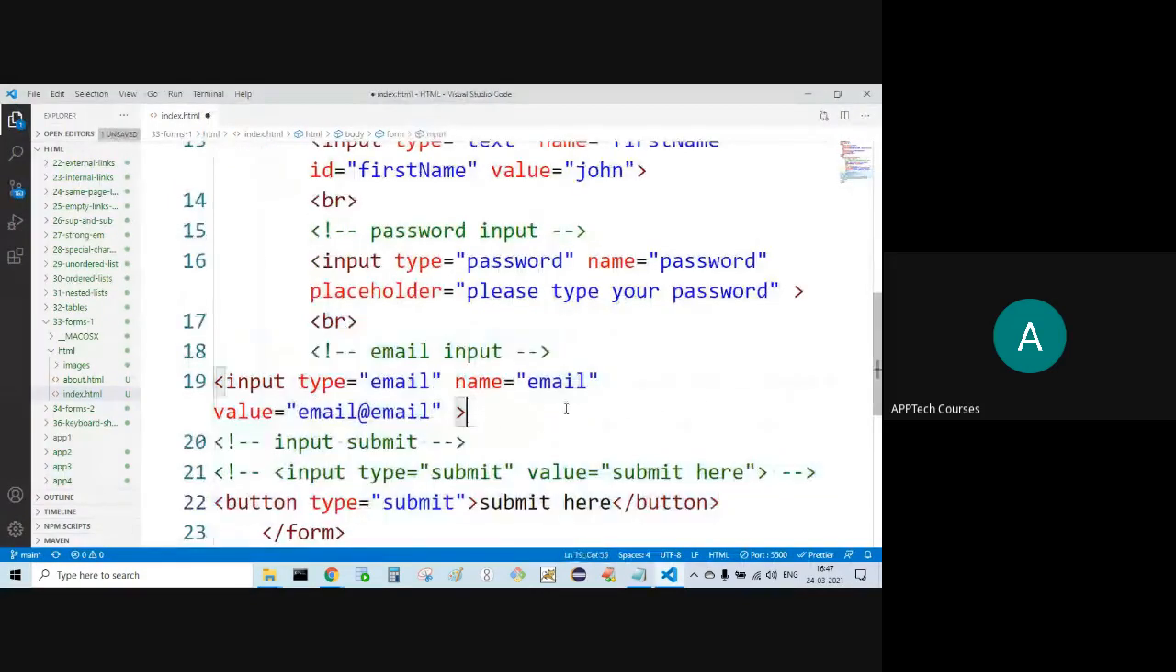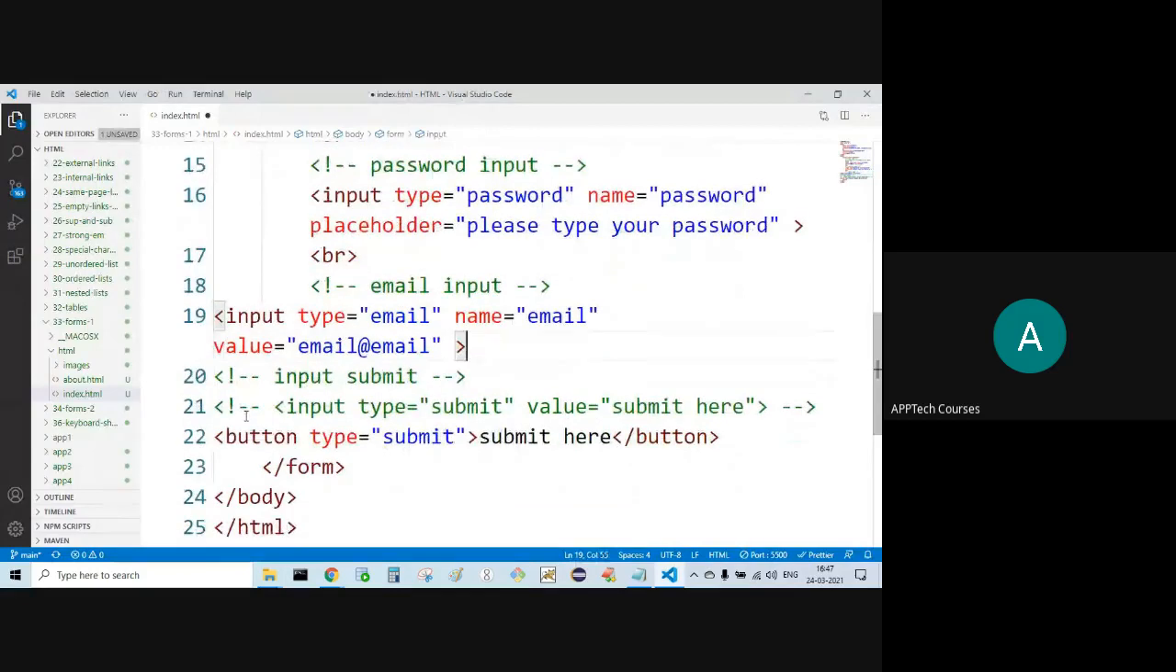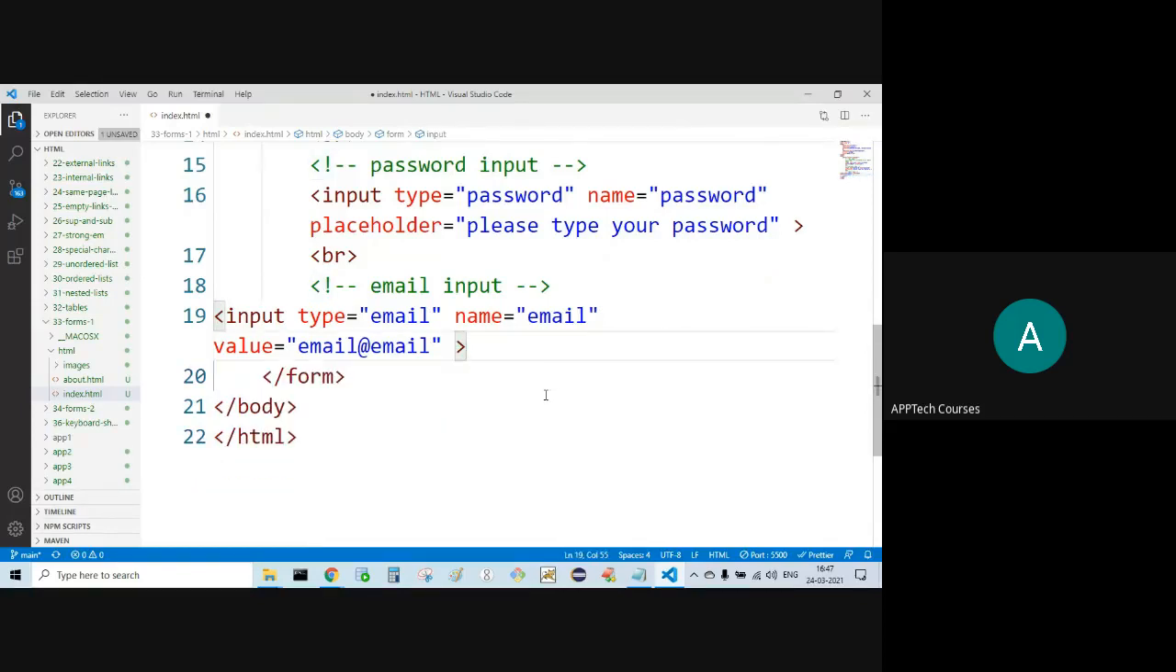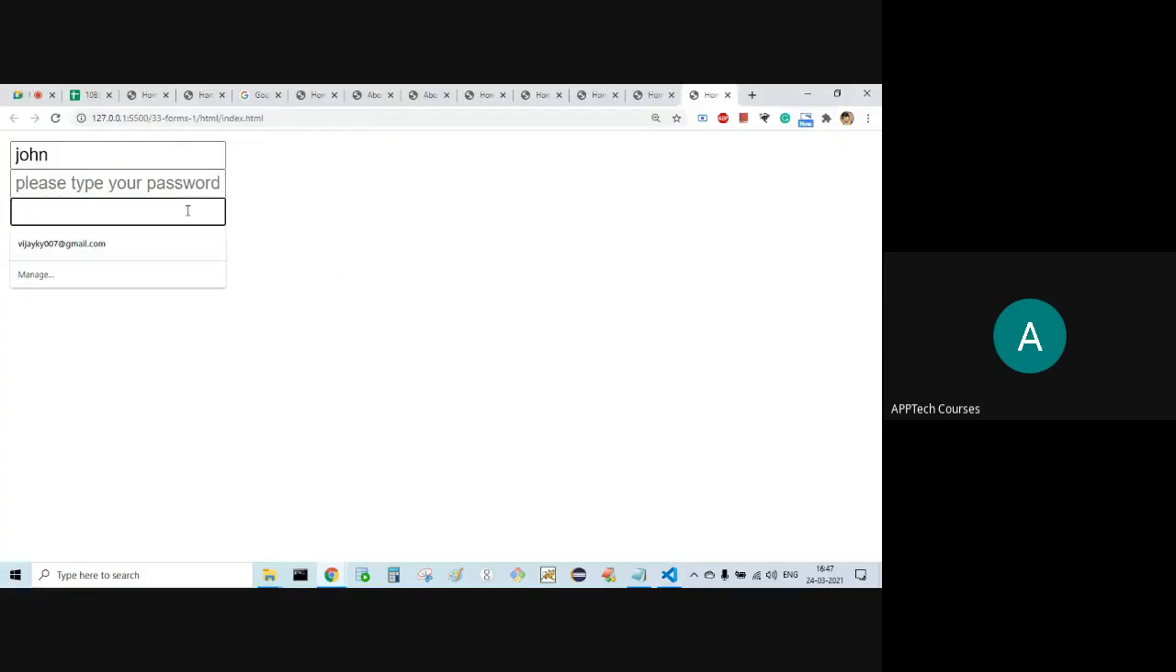Next, input type email. I'm not going to give the value. Observe, input type is email. Now I type the email,